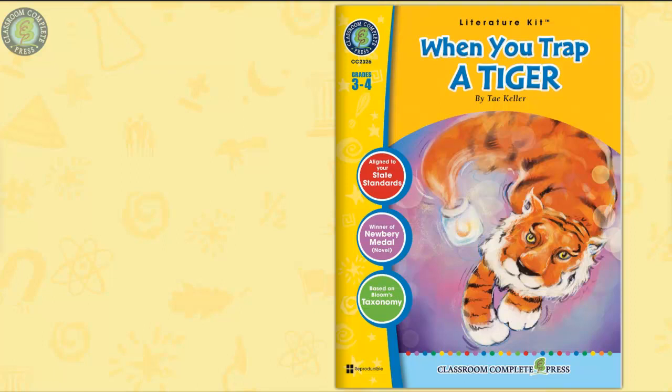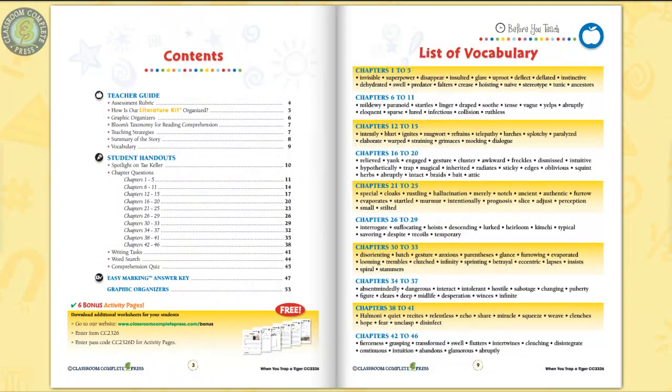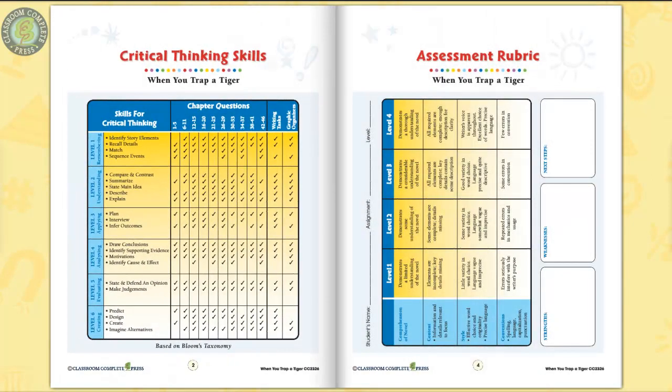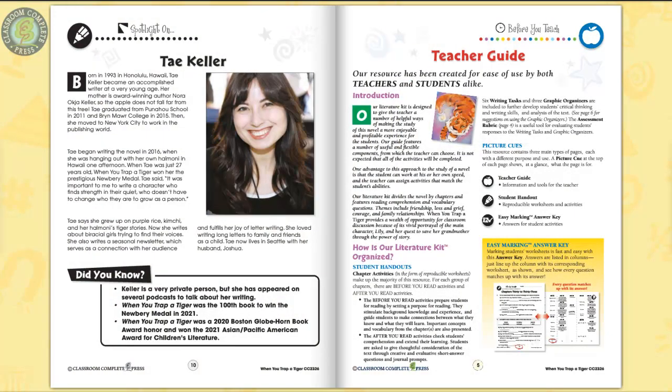This literature kit on When You Trap a Tiger by Tae Keller includes questions that help to keep students engaged while reading the novel. 55 pages chock full of a variety of scaffolding strategies incorporated in our Before You Read worksheets for each chapter section, along with vocabulary prompts to prepare your students for the reading, with rubrics, teacher guide,